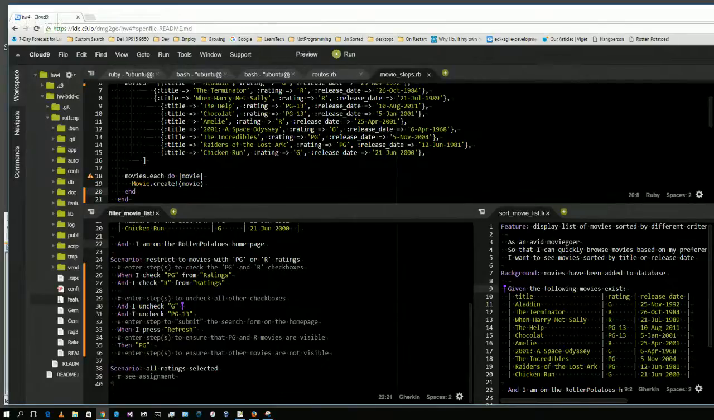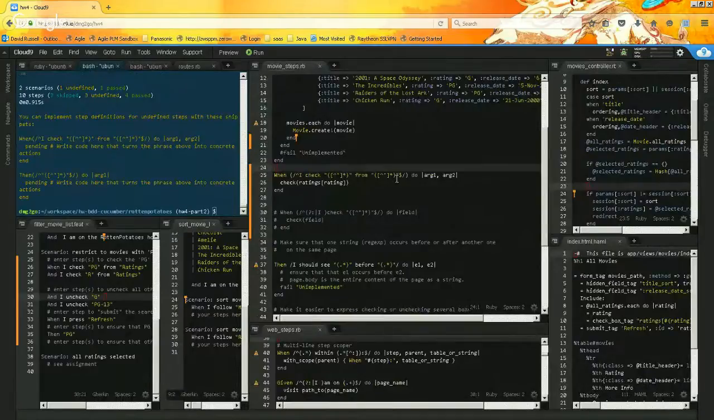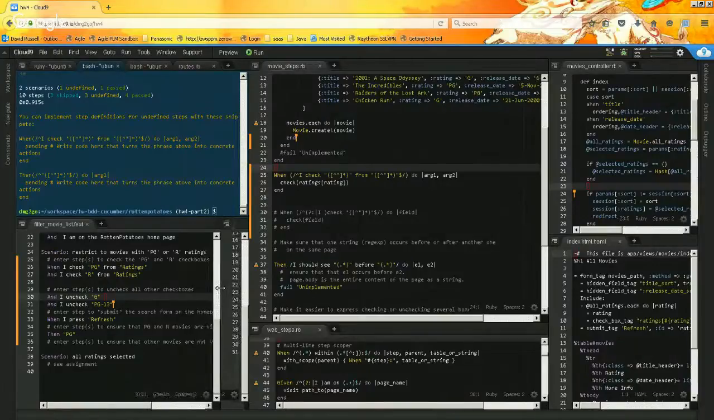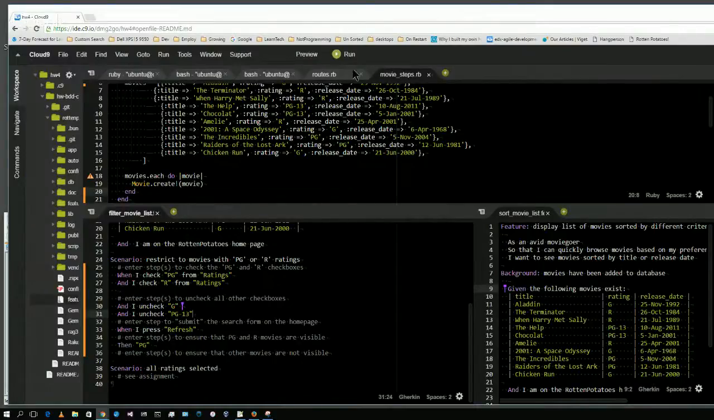That's what I was starting to write, this scenario. I'm just trying to find where in movie steps. Yes, in movie steps. Well, I believe we have to fill in the scenario in the features file as well. So when I check PG from ratings and I check R from ratings and uncheck G and uncheck PG-13, and I think there's another one, NC-17 or something like that. But yeah, go ahead. Well, what I find is that I'm getting